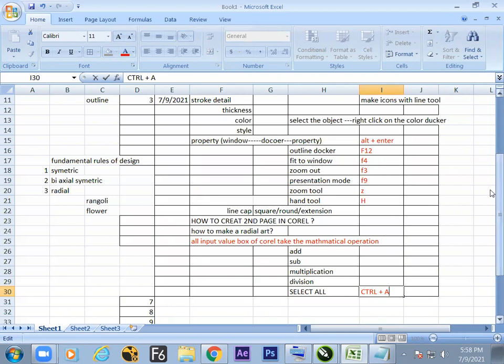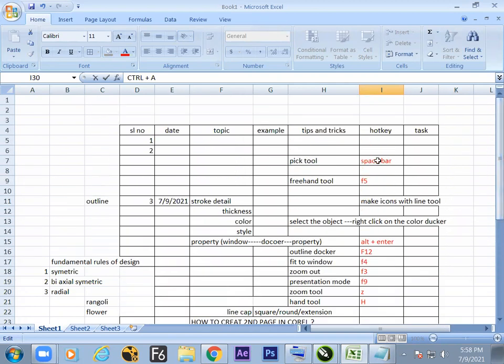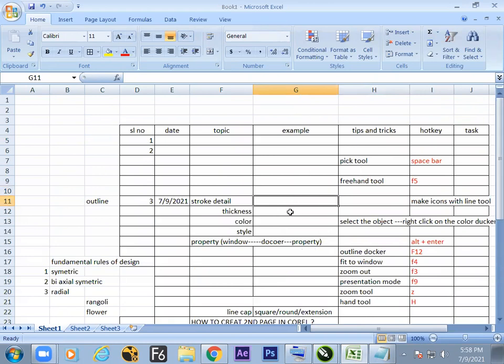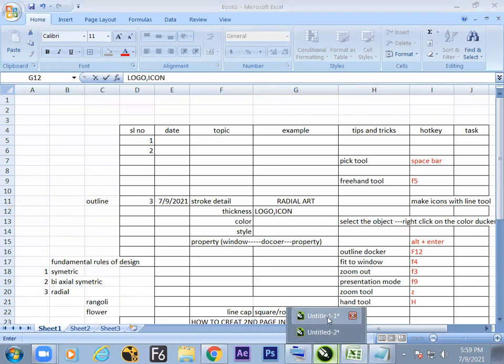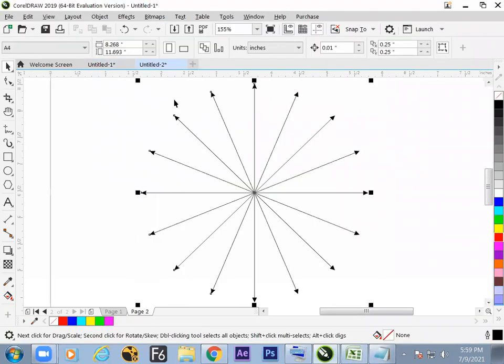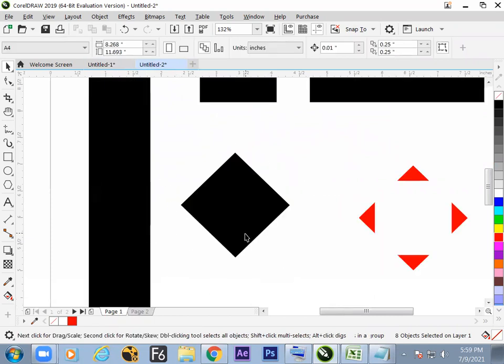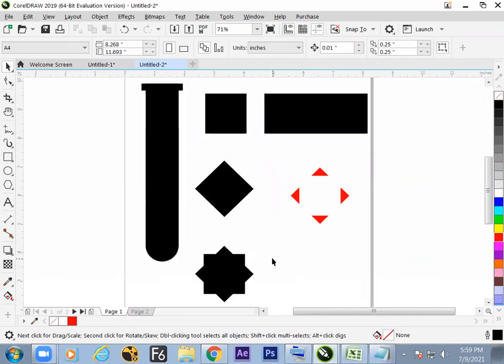Start checking all these options and make the examples given inside the classroom. What are the examples we have learned today? Radial art. So get this Excel sheet to be very wider. Radial art, right? What more have we learned today? Logo designing, icons design, examples given inside the classroom. And we are expecting that the next day you'll come up with a few more examples from your end.